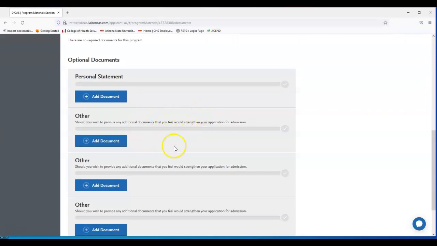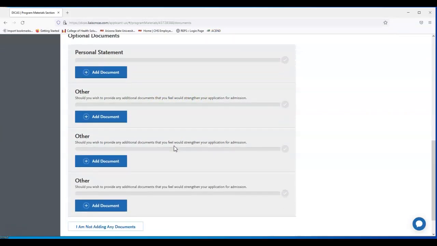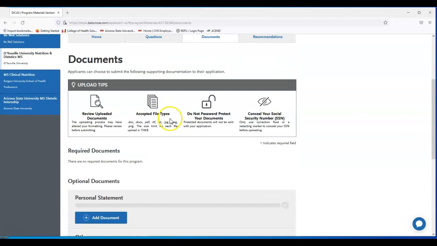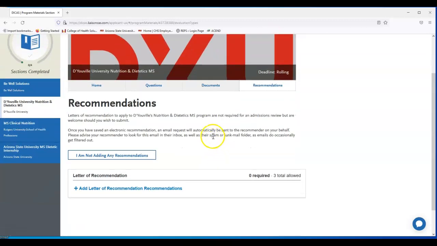And then any other additional documents you feel would strengthen your application. So maybe if you want to provide examples of coursework, projects you're proud of, anything along those lines, professional in nature, you can add those, but as you'll see, not required. They're all optional documents. No required documents. So the personal statement could be very fluid. It could be the standard framework that you have already in place, since they're not having you answer any specific questions for requirements.